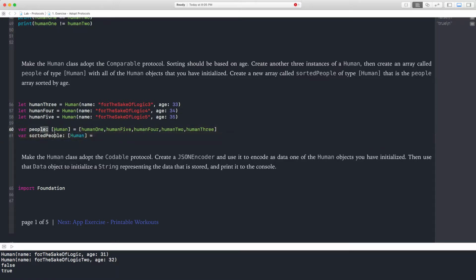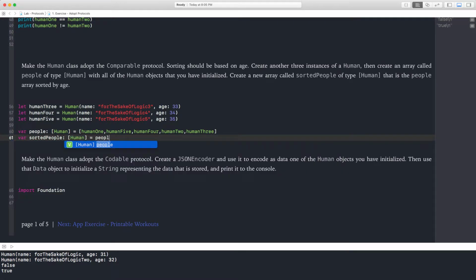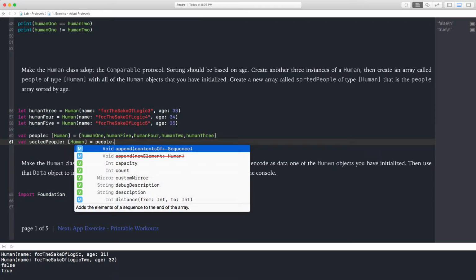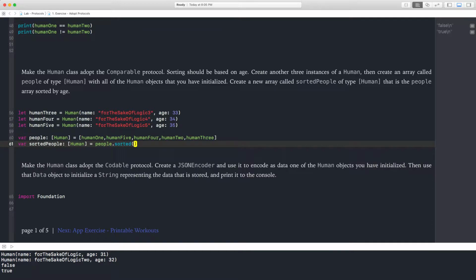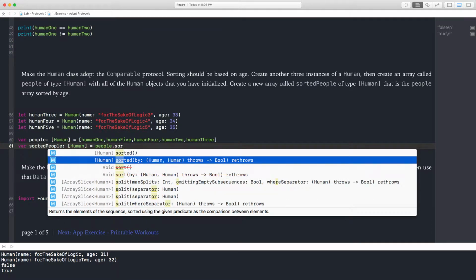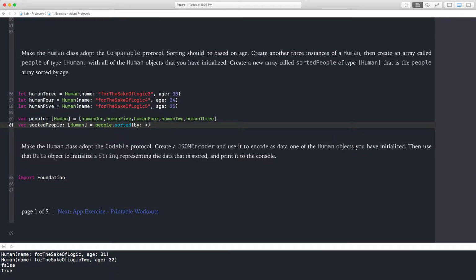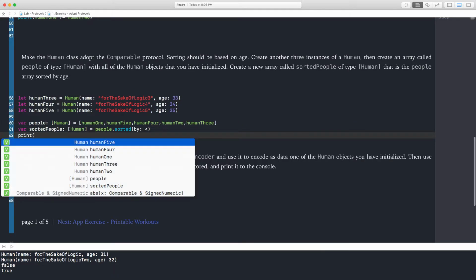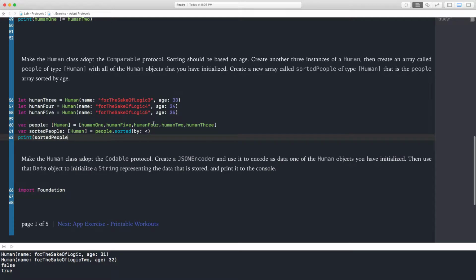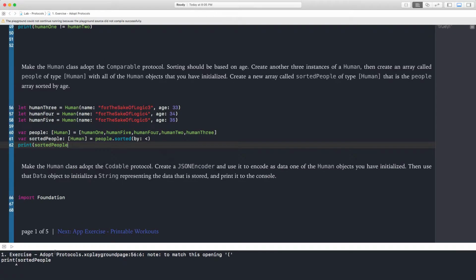So this array is called people, so we're gonna sort people. So people dot, check this out, sorted, and then, no, wrong one, we're gonna sort by sorted by, yeah, there we go, this is it, and I'm gonna go just like that. So by least to greatest. So if I print sorted people, it should give me,